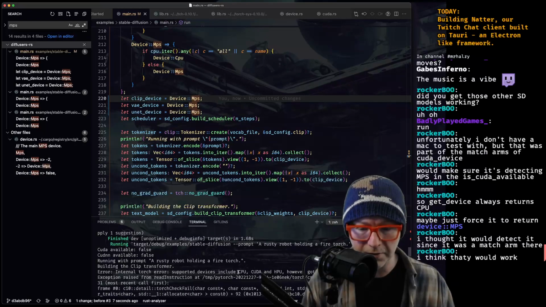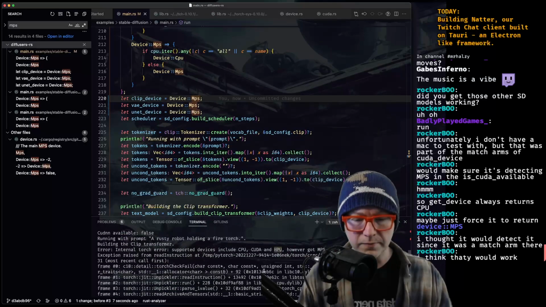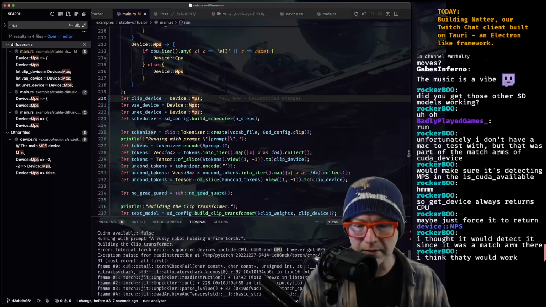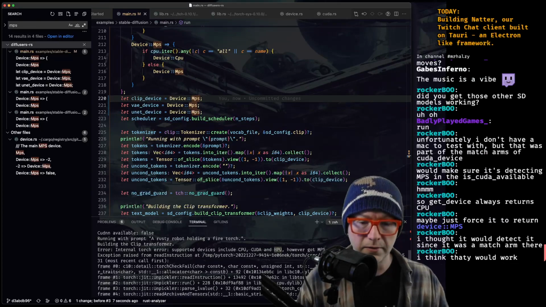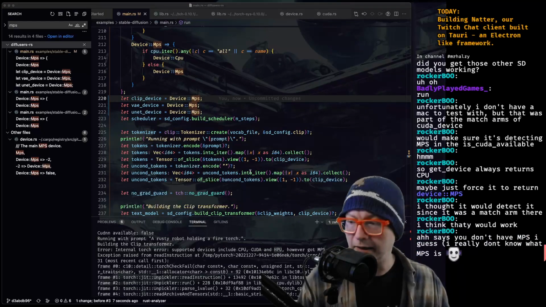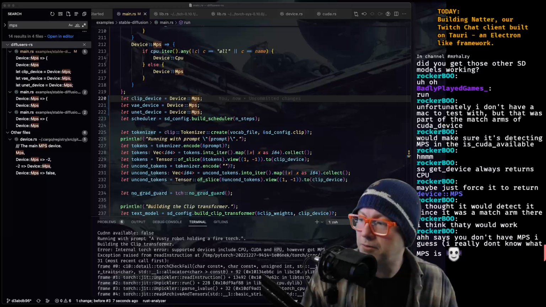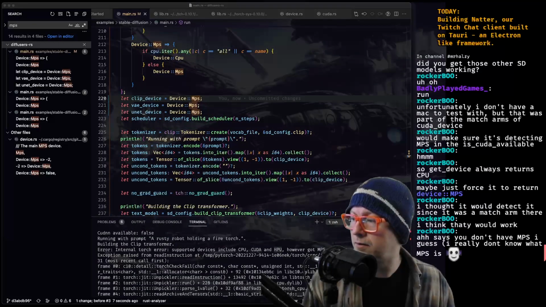Supported devices include CPU, CUDA, and HPU. What is HPU? However, got MPS. And maybe I didn't compile it with that? Interesting. Yeah, I don't know either, and I would like to know. Apple MPS support. Oh, maps. No, I don't want maps.